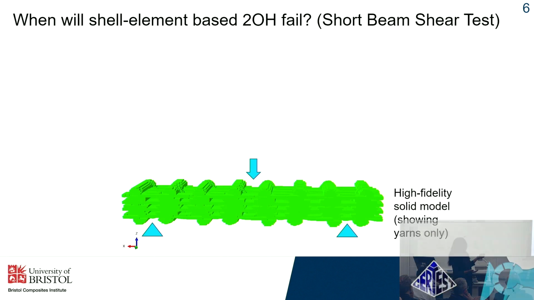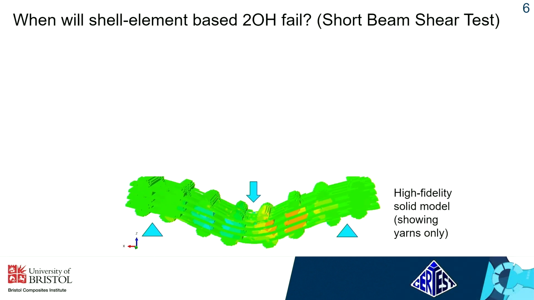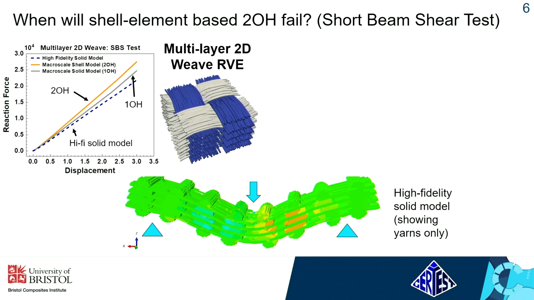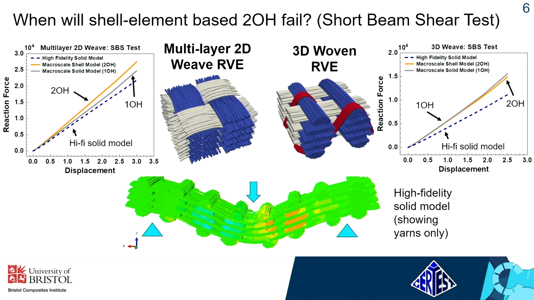So the final test we did was a short beam shear test, wherein we wanted to induce a highly nonlinear stress distribution on the woven composites. And here we see that the second order framework deviates significantly from the high fidelity model for both the multilayer 2D and 3D weaves. And this can be explained by the use of shell elements in the macro scale, because shell elements by their nature cannot capture through thickness variation in stresses that you can actually see here in the